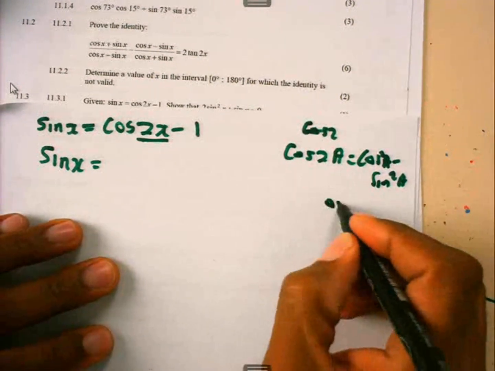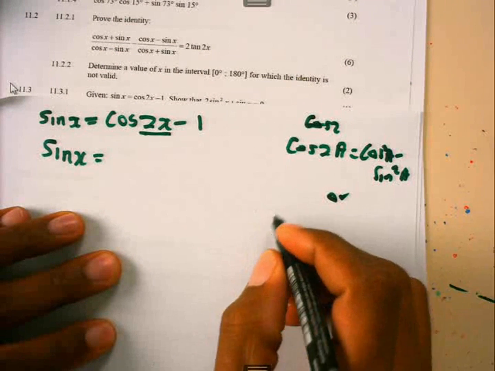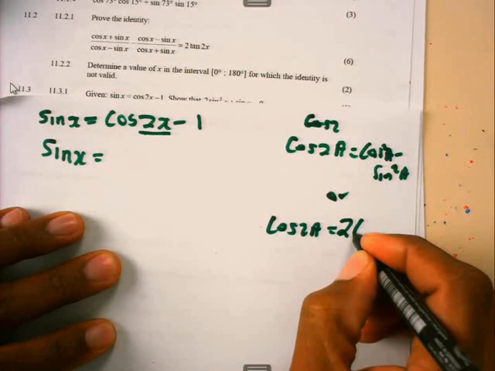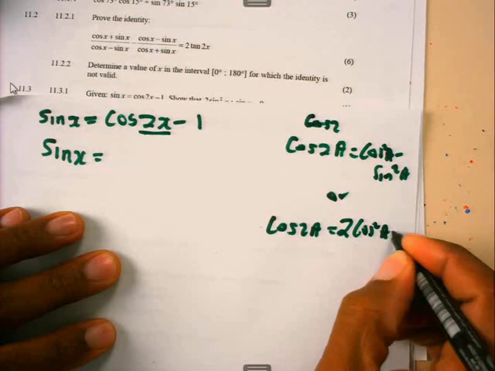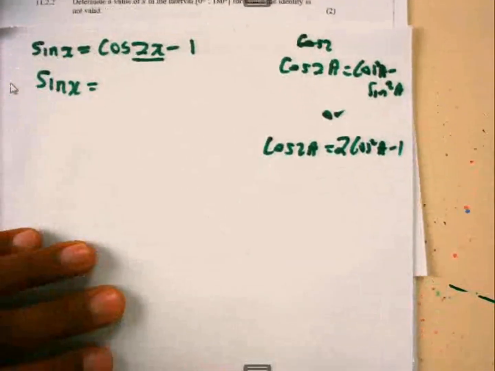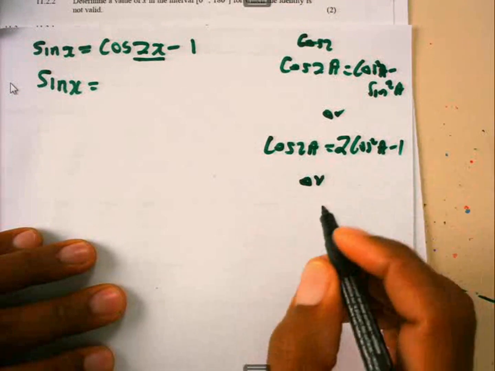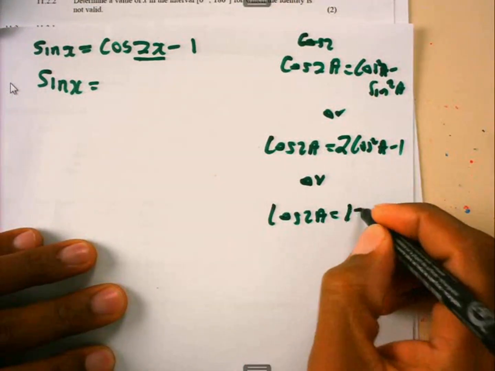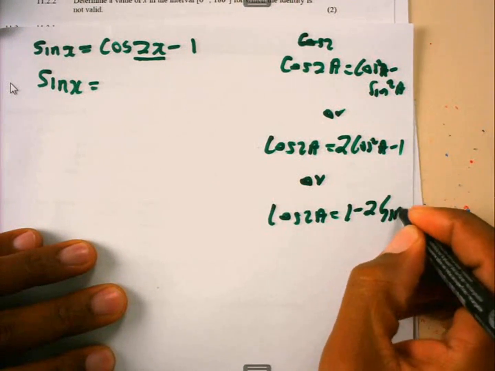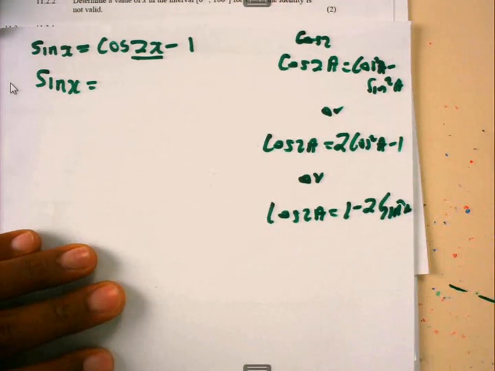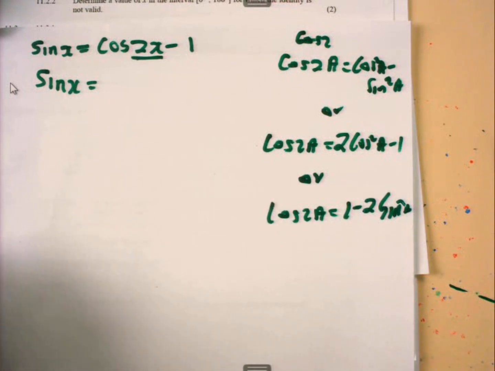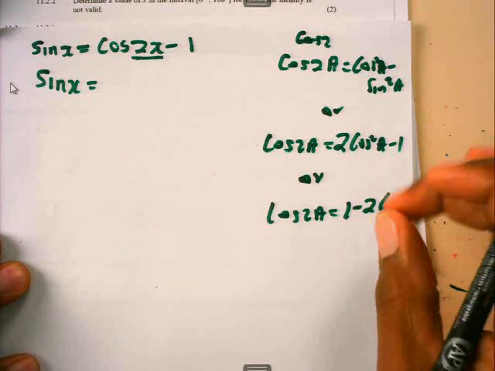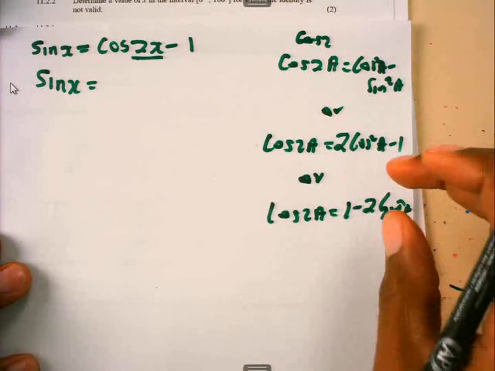And also, we also have what? Cos 2a is equal to 2 cos squared a minus 1. That is the second one. And now the third one here is cos 2a is equal to 1 minus 2 sine squared a. You need to remember the two. That is why it's very important to make sure that once you're solving this type of equations, your information sheet is next to you so that at least you can choose